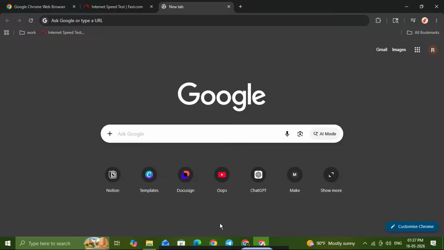In today's video, I'm going to show you how to use the Chrome side panel and how to turn on the reading list inside it step by step. This is a super handy feature if you want quick access to saved pages, bookmarks, and pages you plan to read later without opening a bunch of tabs. It's a simple trick, but once you know where to find it, it can make browsing so much easier and